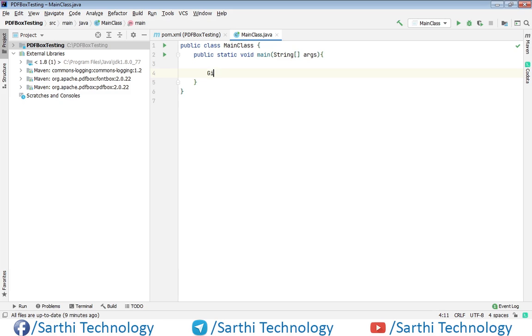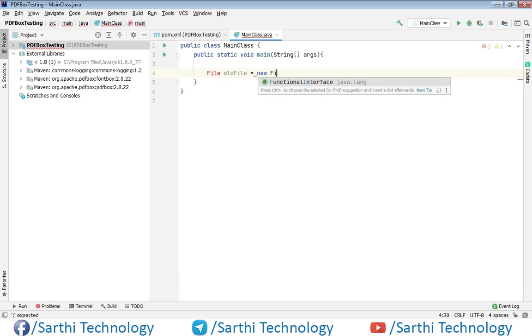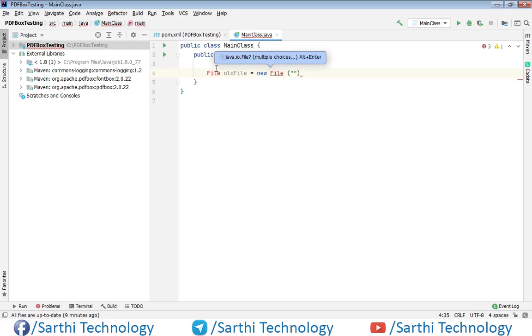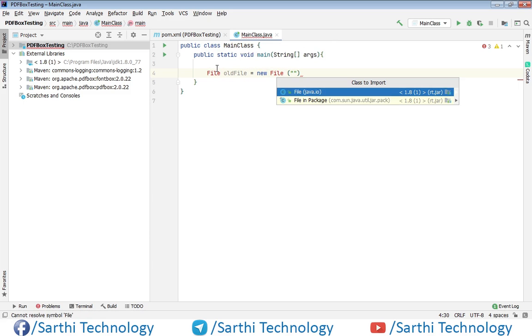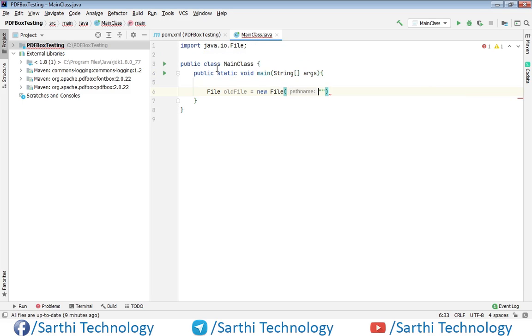So File, and we will call it oldFile. And here we have to put the path. Before that press Alt Enter and import File from java.io. Now we need to put the path here and then a semicolon.